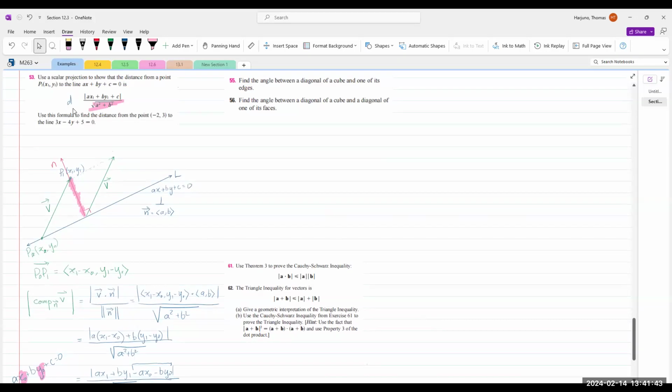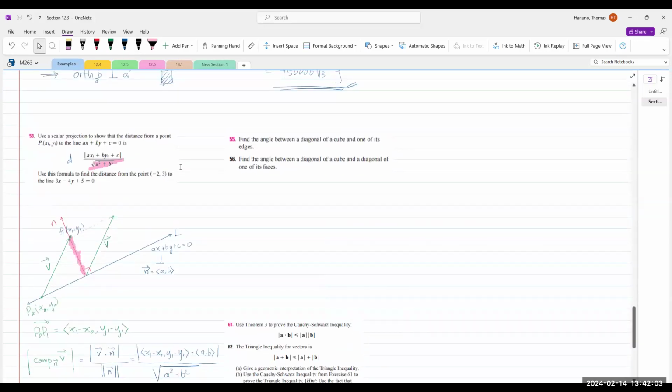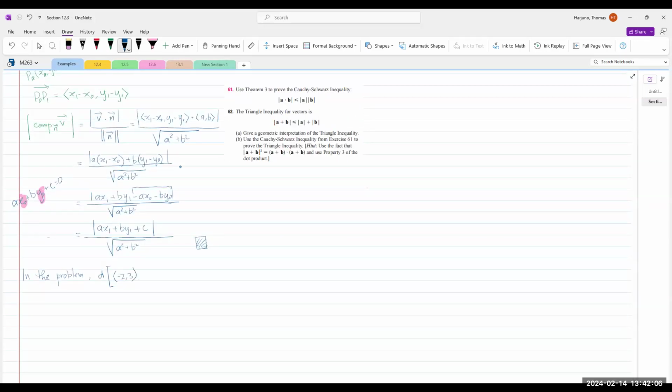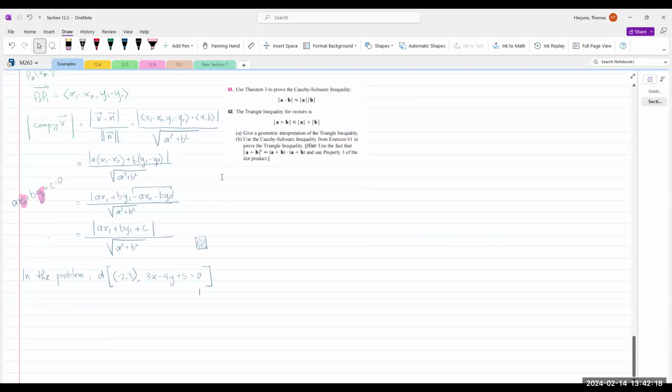What happens if you have coordinate negative 2, 3 in the problem? Then the distance from coordinate negative 2, 3, is it negative 2, 3? Yeah, negative 2, 3, and the line 3x minus 4y plus 5 equals 0. If we want to find the distance between this point and the line